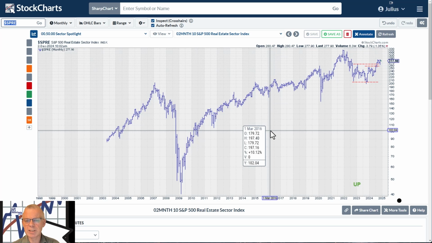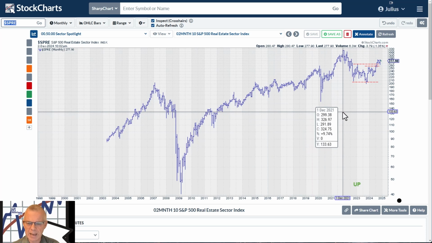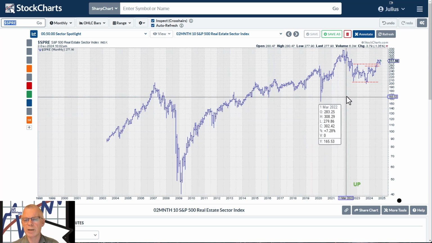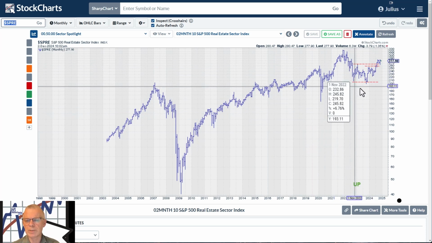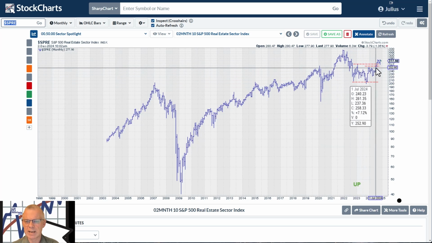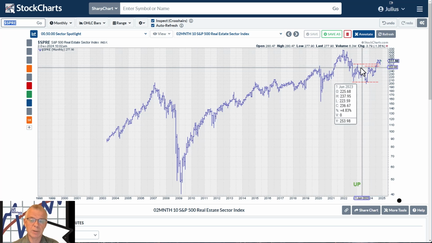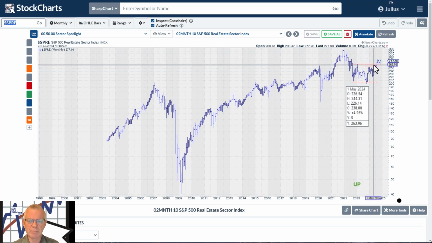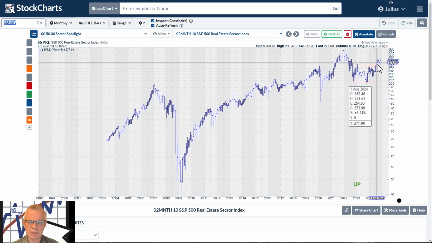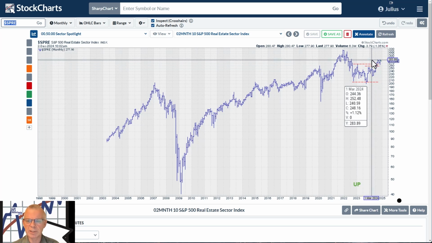And then here is real estate. This is a sector that is clearly well below its all-time high. The all-time high was set back in December 2021. And we have now completed a big bottom formation and we are trading above that. So here also we see a sector that has broken above previous highs, not all-time highs, but previous highs. It's holding up there and we've actually tested that previous resistance as support. And we're now pushing against resistance,